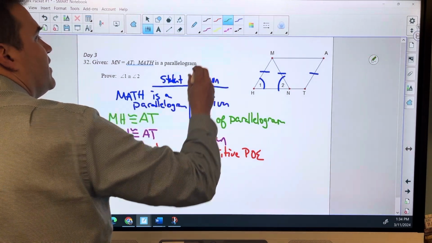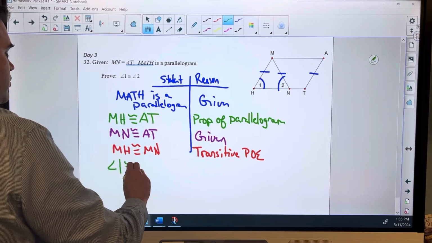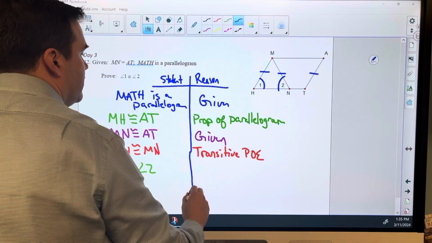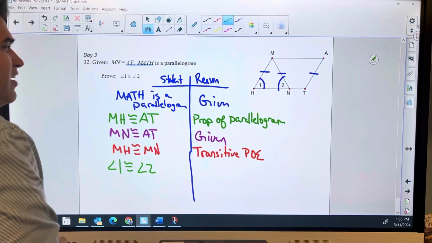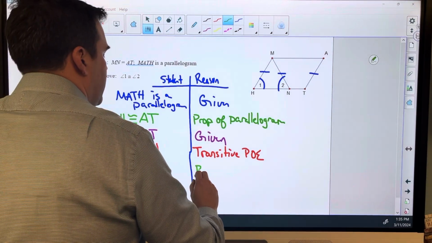Now I'm going to say angle 1 is congruent to angle 2. And my reason here is going to be, I know we want to say something about isosceles triangles, but actually here we've got base